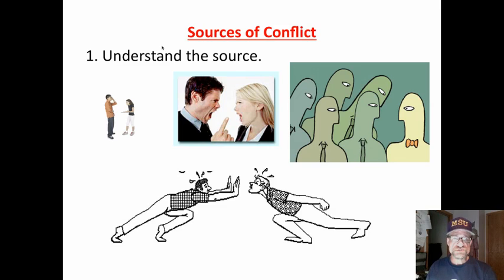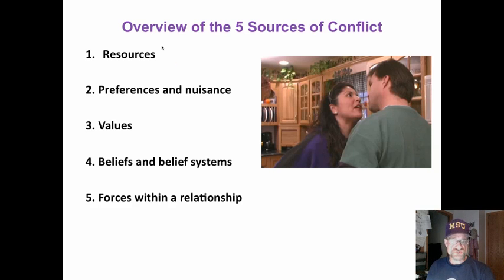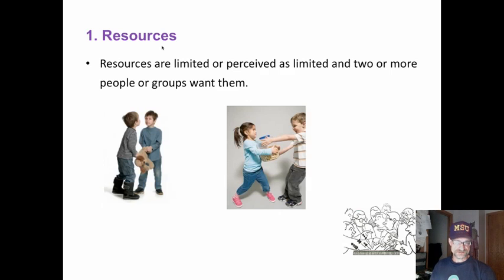And understanding the sources of conflict is the first step in learning how to resolve it. There are 5 sources of conflict. We're going to look at each one very briefly. And by the way, these are things you teach children. Sources of conflict. Yes, you can break it down to the first grade, maybe even kindergarten level. But understand, we are teaching them how to be good human beings.